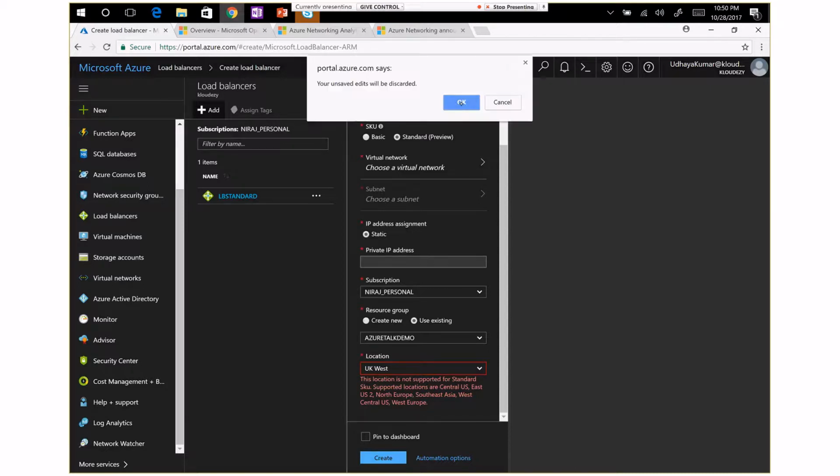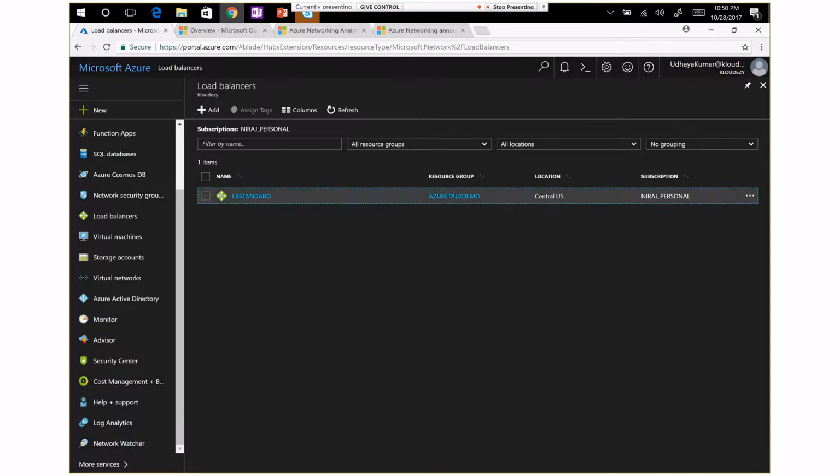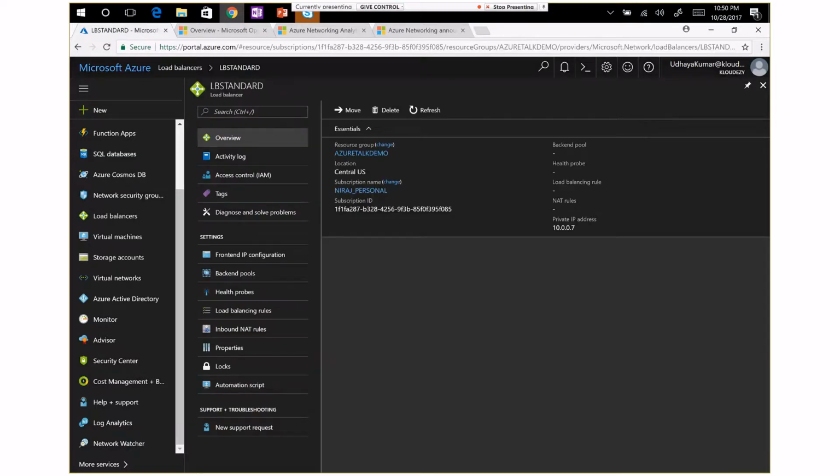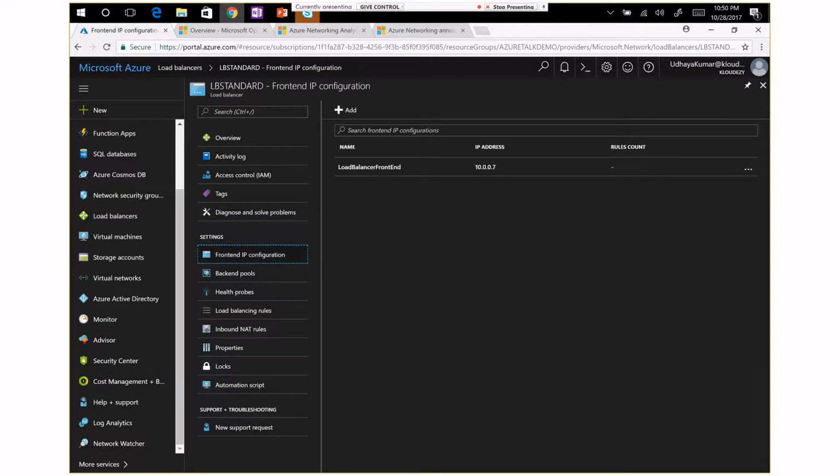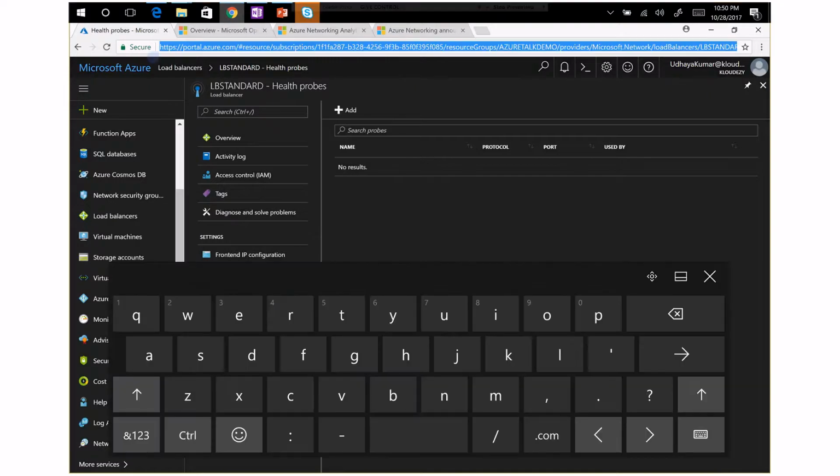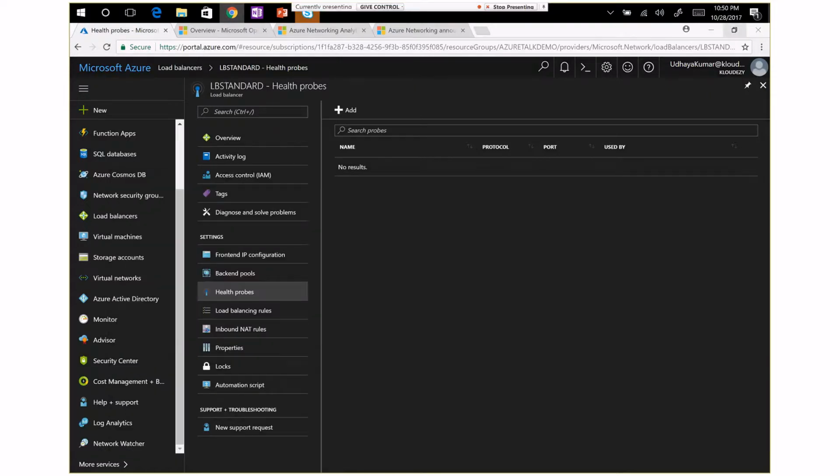So let me go inside the LB standard. Yeah. So here I go. Just want to clarify, I have a load balancer front end IP and the backend pool. I don't have any VMs as a backend pool to add as of now. The health probe: generally you have a load balancer for any application, you have to create a probe to maintain the health check. That's similar to the basic one. I would differentiate how the load balancer standard and basic differ, from the configuration.